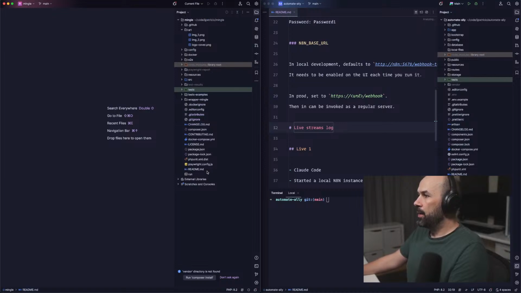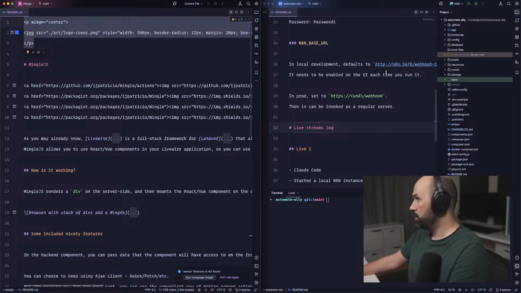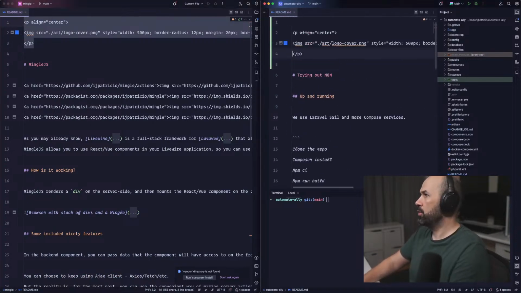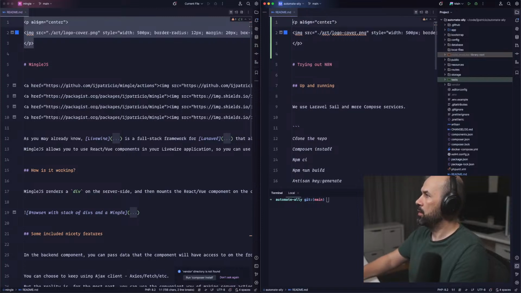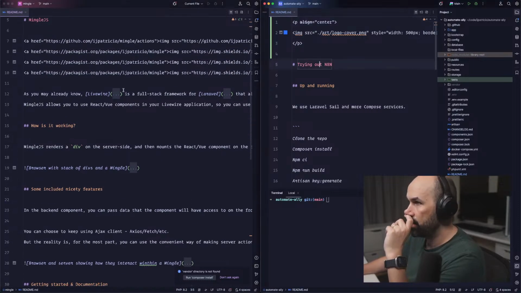Okay, I want to get this part so I can get an image right there. I'll call it art logo, blah blah blah. Then it's not a package, trying out N8N.